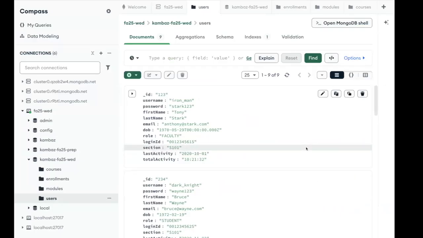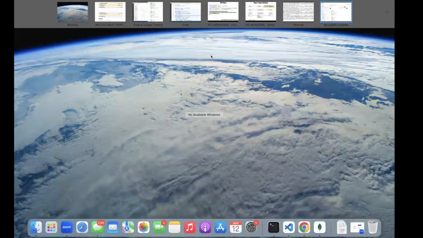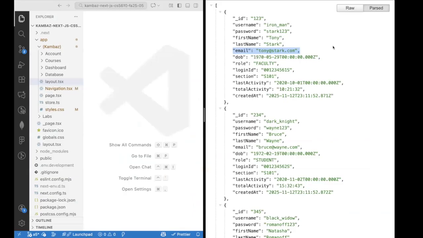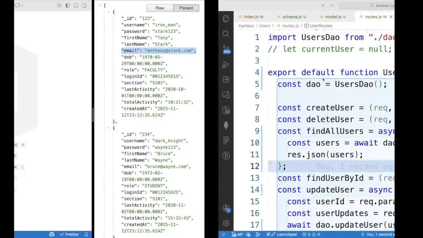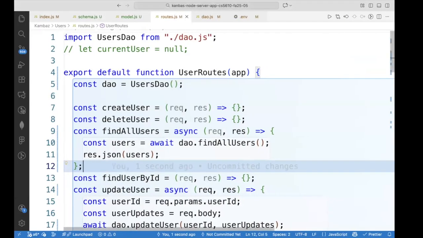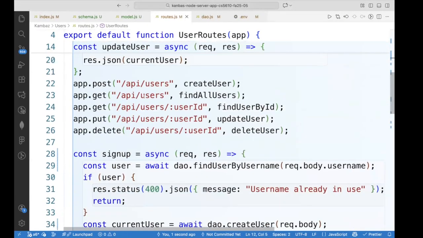All right. So going back to here, we should be able to refresh, and indeed, notice that we were able to modify the database, and we are retrieving the data from that database. Okay, perfect. So we created the route for retrieving all users. We just tested it. It is indeed retrieving all the users. We just need to integrate that on the client side,